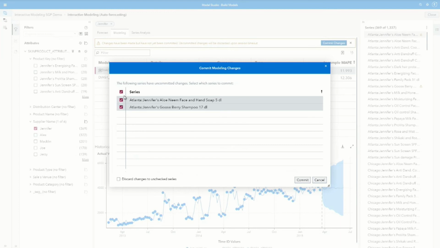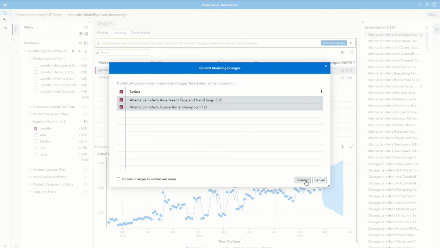By default, all of the changes that I've made will be checked, and I can just go ahead and commit all of them by hitting the commit button. In addition, I can unselect. So imagine this list is much longer, and as I'm reviewing it, there's like, okay, I'm fine committing these 5, but these other 2, I want to go back and look at in a little more detail before I commit them. So I can uncheck those, and only the ones that have a check mark will be committed